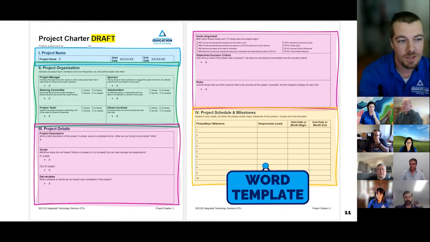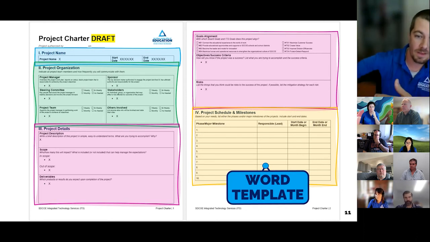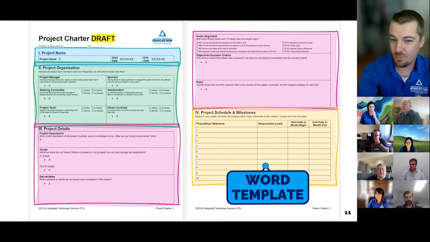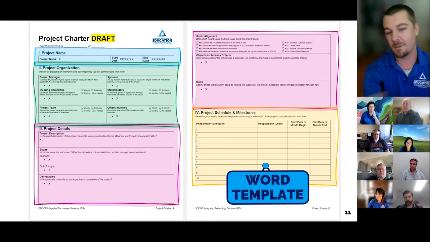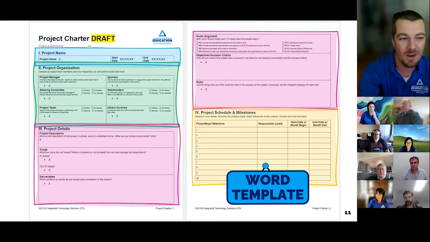Moving on to the project schedule and milestones. Depending on how heavy your project planning is further down the line, you may or may not get really fleshed out here. If I know I'm going to be creating a really detailed schedule, I'm not going to get super detailed here. But if I'm not creating a detailed schedule later on, then try to get more detailed here so you have something to work off of.